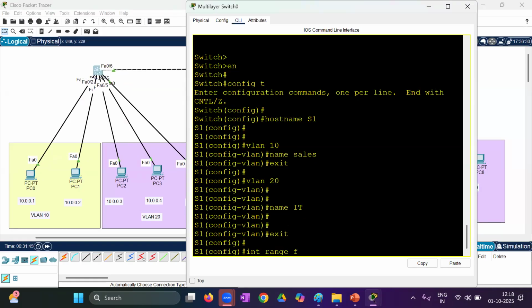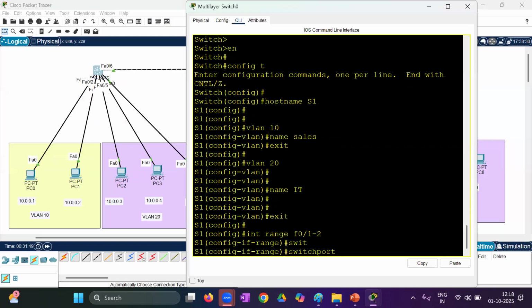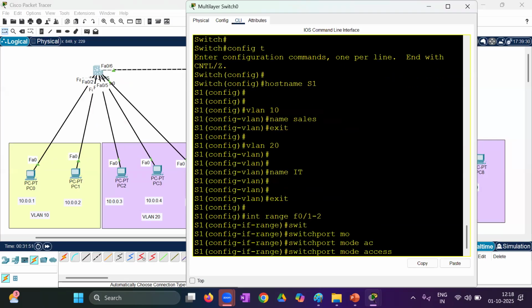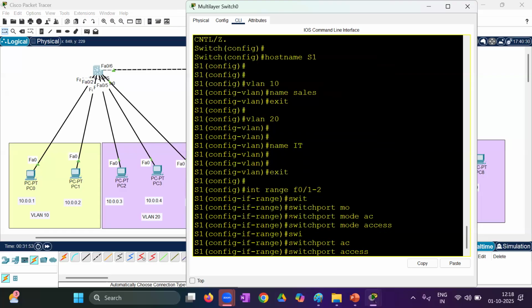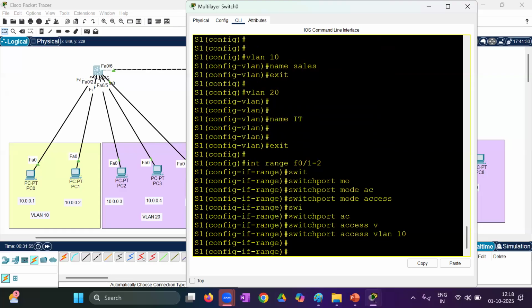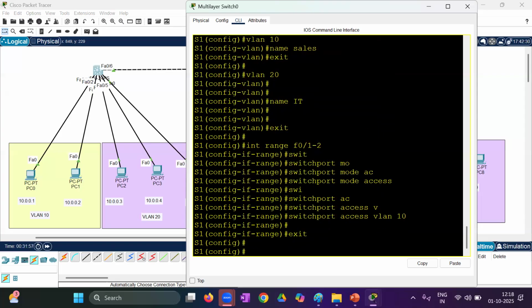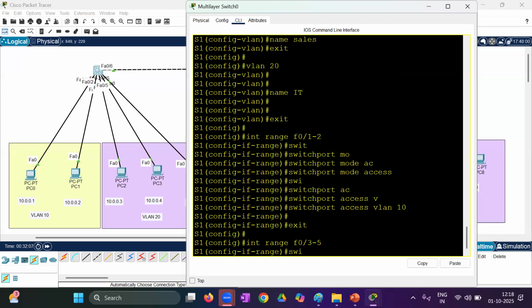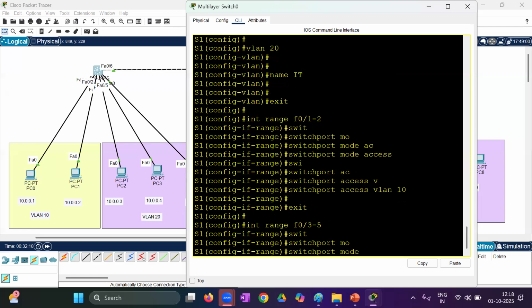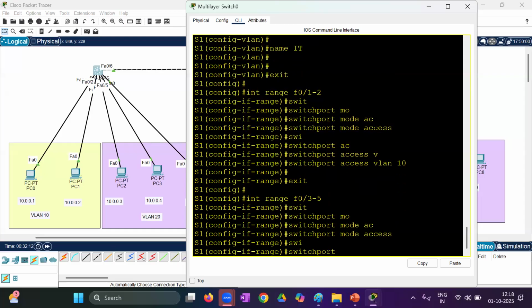So interface range from F0/1 to 2, switchport, switchport. Then again interface range F0/3-2, switchport mode access, then